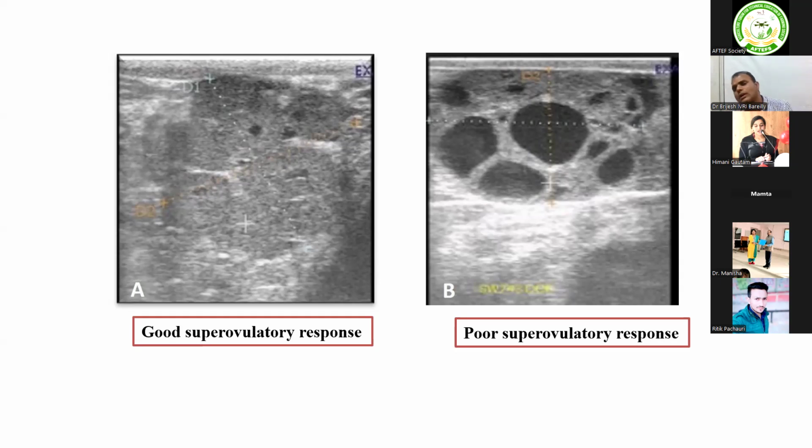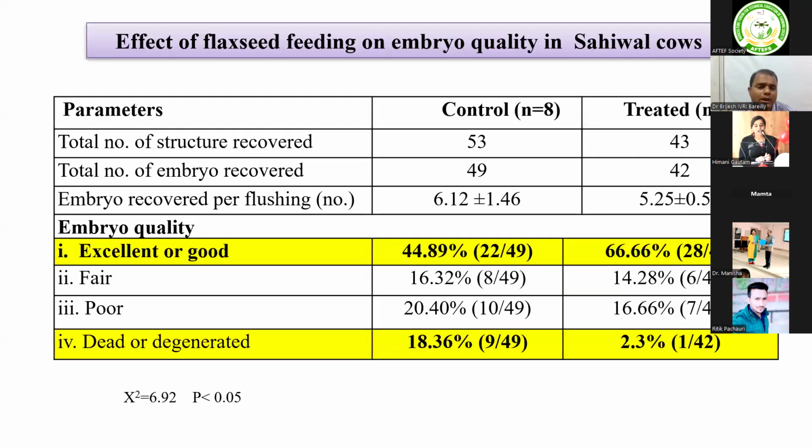Through ultrasonography, what we found is that the majority of the dominant pre-ovulatory follicles get luteinized. After supplementation of this omega 3 source, especially flaxseed, the chances of anovulation are reduced. And if you see our result,